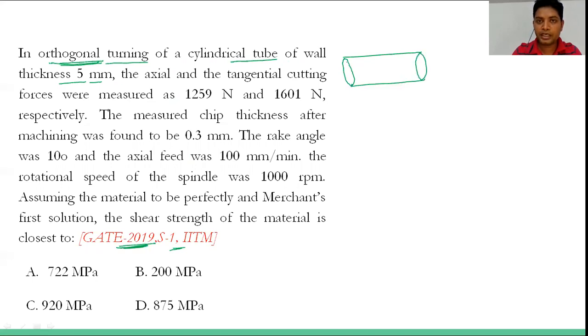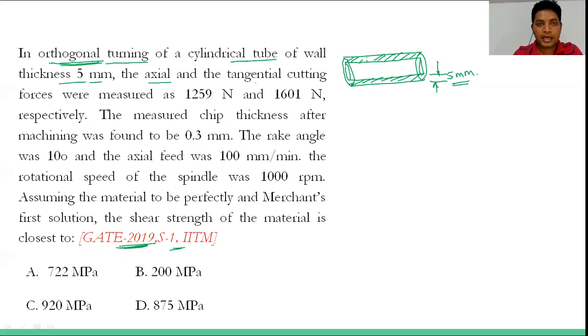देखिए, अभी तक जो टर्निंग की हम बात करते थे, उसमें एक सिलेंड्रिकल बार दी हुई रहती थी। बट इसमें क्या है, आपको एक सिलेंड्रिकल ट्यूब गिवन है, ठीक है। तो ये जो थिकनेस है इसकी, दिस थिकनेस, ट्यूब का मतलब क्या होगा, अंदर से होलो होगी, ठीक है। तो ये जो थिकनेस है, दिस इज बेसिकली 5 mm. Okay, this is 5 mm.